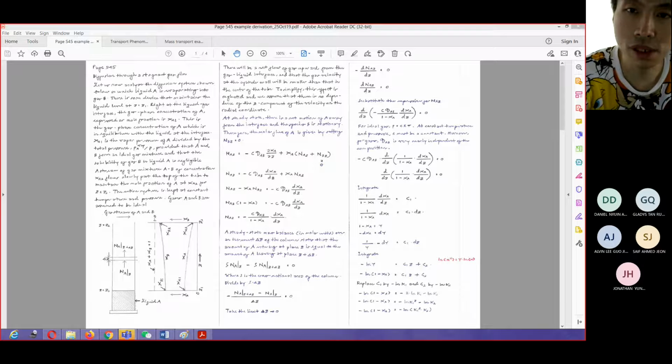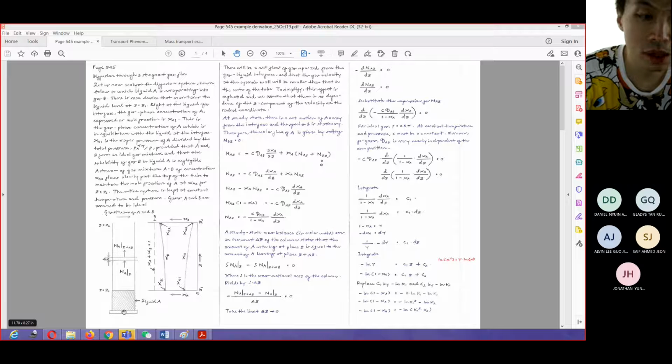Okay, so the first example that we're going to discuss today is diffusion through a stagnant gas film. Imagine that you have a system like this. You have a very long glass beaker, very long in that the length is much longer compared to the diameter of the glass. Imagine that in the system you have a liquid A, and the liquid A will basically diffuse,